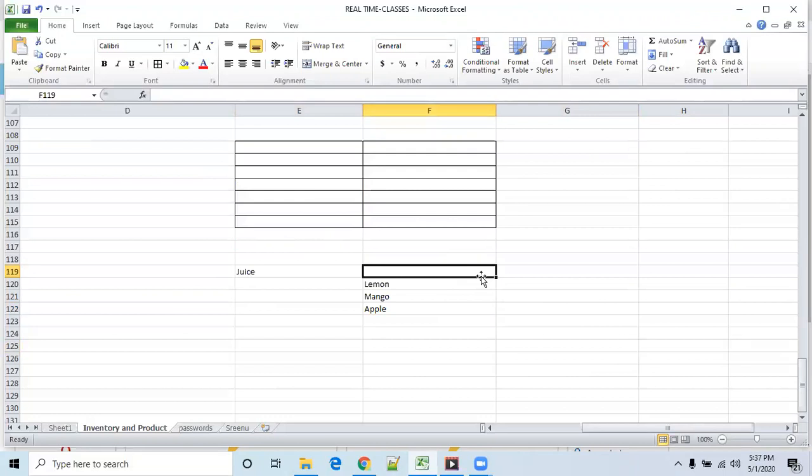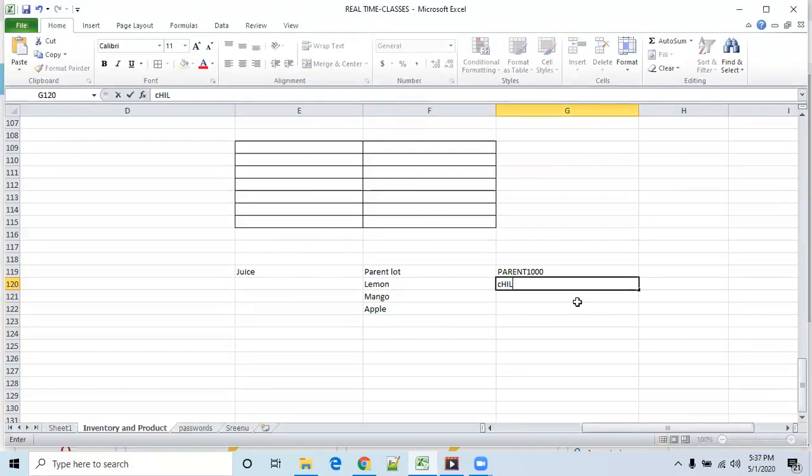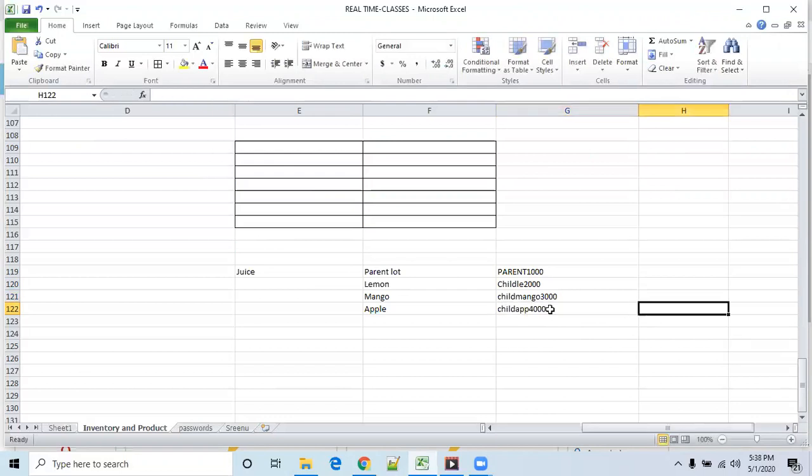For this juice they want to maintain one parent lot, always only one lot. So that is the parent lot, with a prefix like parent and 1000. Each specific juice they want to maintain as a child lot. So it will be child lemon 200 series, child mango 3000 series, and child apple 4000 series.